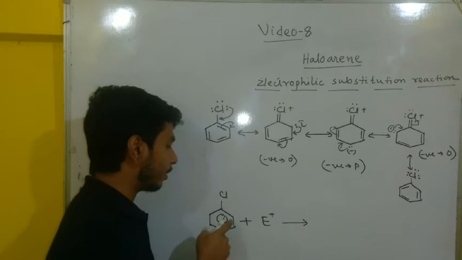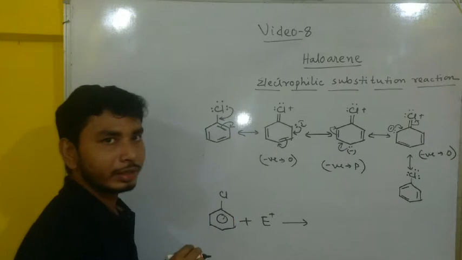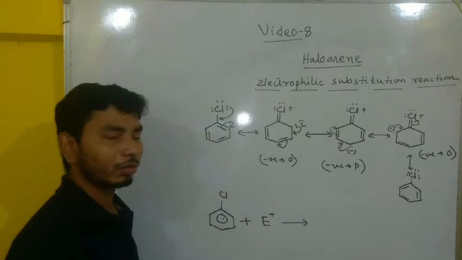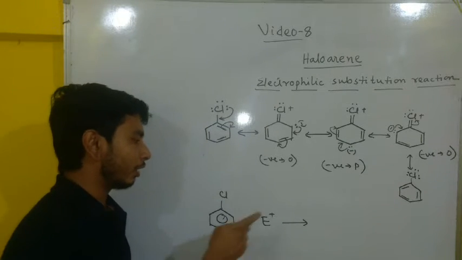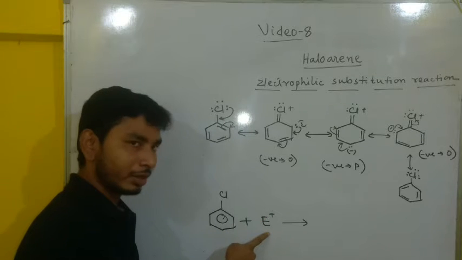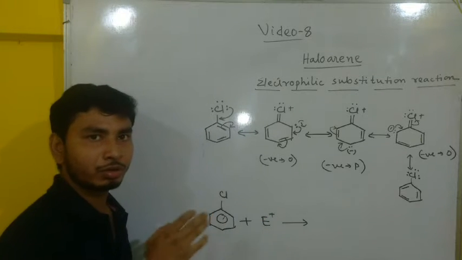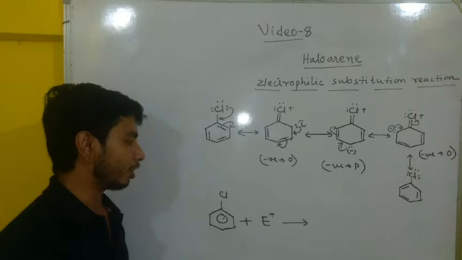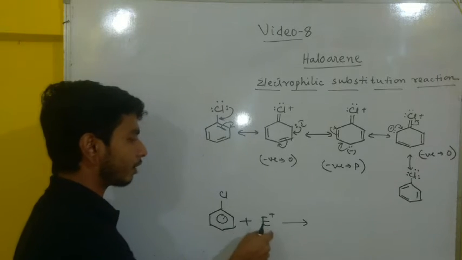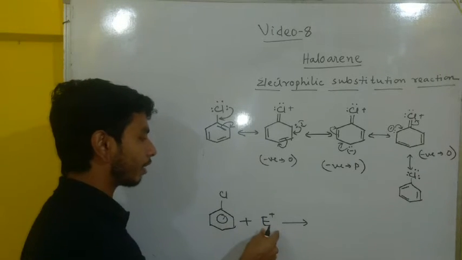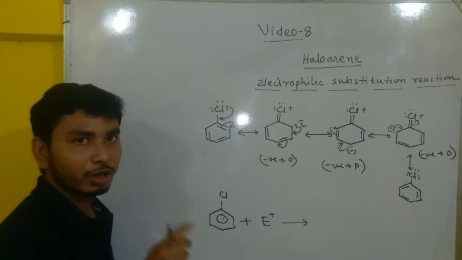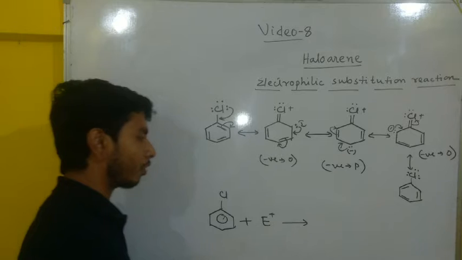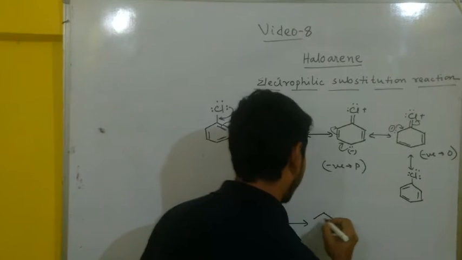So in chlorobenzene, which position is electron rich? We have just seen that the ortho position and para position are electron rich. So electrophile is an electron deficient species. Always it will go to the electron rich position. So when chlorobenzene reacts with any electrophile, this electrophile will go to the ortho position and para position of the chlorobenzene. So now our product will be